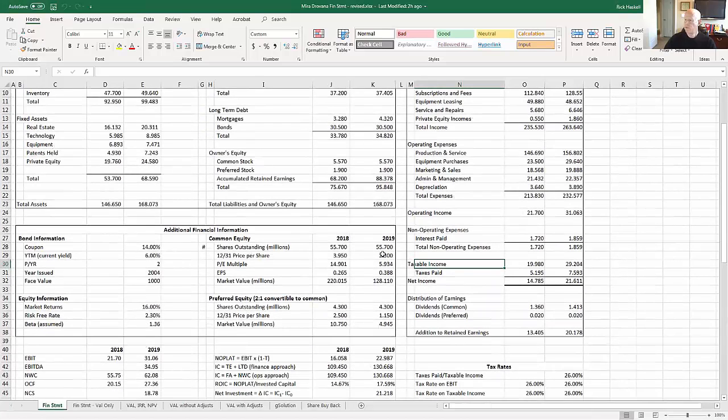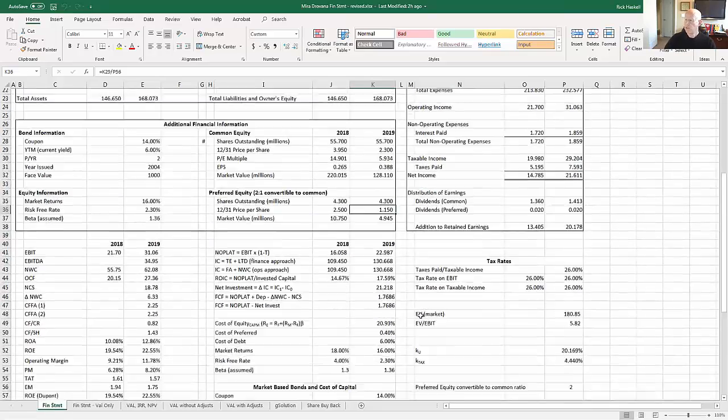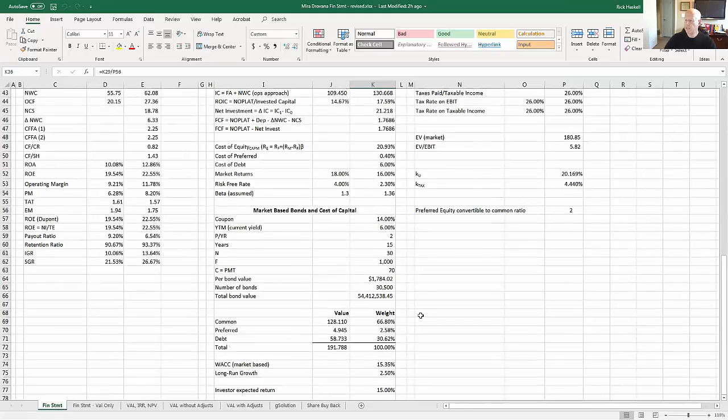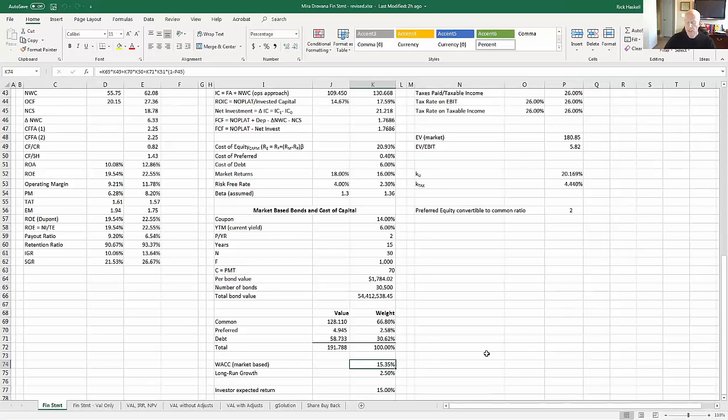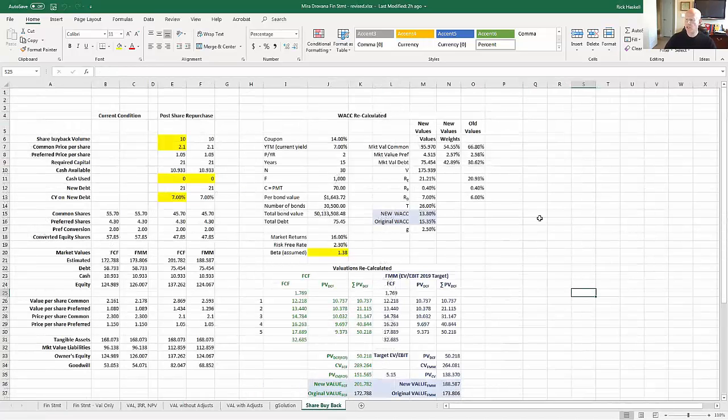Again, notice that I've got 2.3 and 1.15 for the common and the preferred per share values. As I indicated, that took us to a lower WACC. I was thinking the WACC was in the 14% range. It's actually 15.35%, but still nicely lower than the 16.95% that we were seeing. And again, that change is only a function of having changed the weights because we changed the market cap of the common. So let's go ahead and from here open up the share buyback spreadsheet I put together.